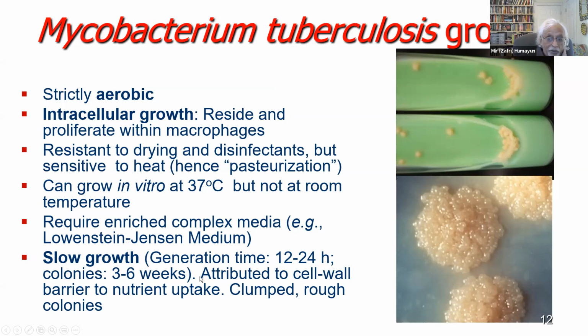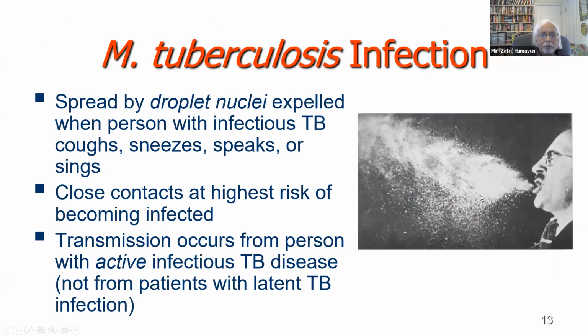And colony formation naturally takes about a month. Okay, and the colonies have a characteristic appearance. They have a clumped appearance. The clumped appearance is because of the fatty nature of the cells. Okay,